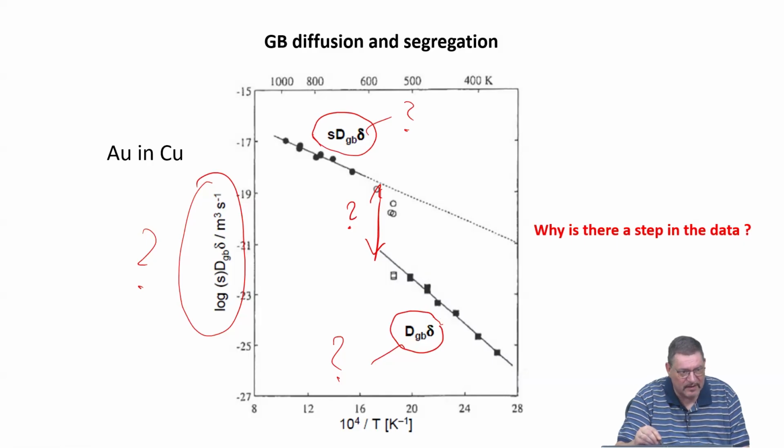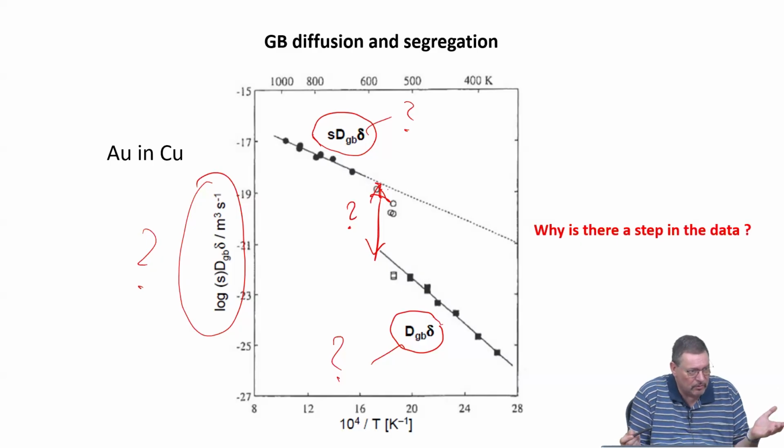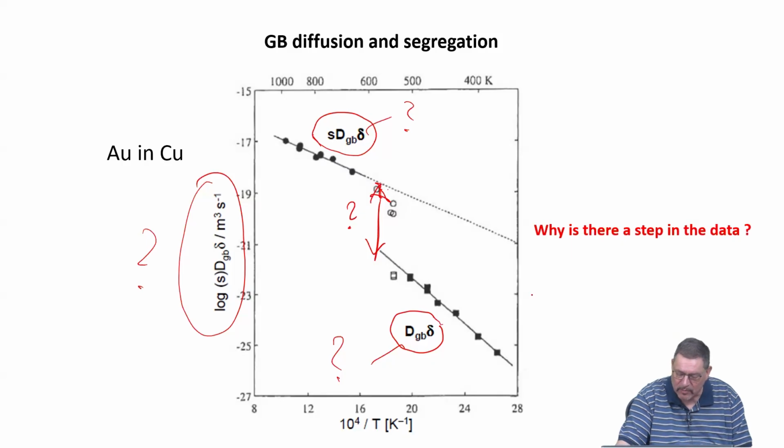So this is exactly the way you can either determine the segregation factor, or if you have made sure that your segregation factor is unity in all cases, so there is no segregation occurring in your material, then this is a nice way of measuring the grain boundary width, because then I can just plot D_GB. I plot the triple product where S equals 1, and the difference then just gives me the delta, which is the grain boundary width. This has been done for many, many pure metals, for alloys, for high entropy alloys, and from these measurements,